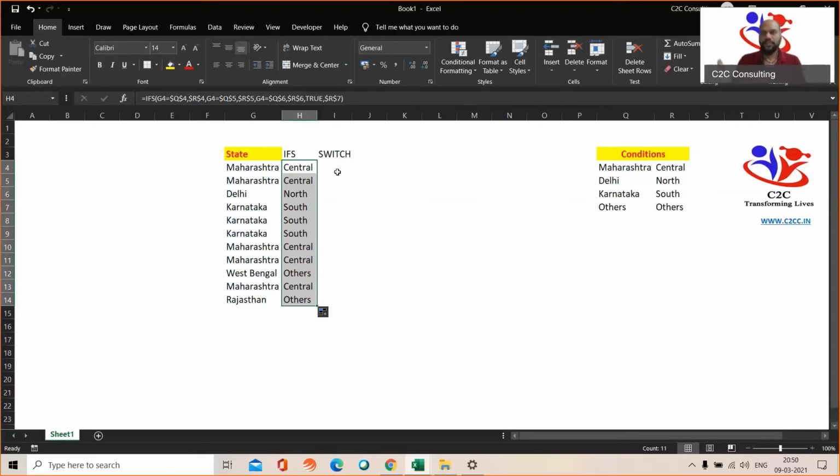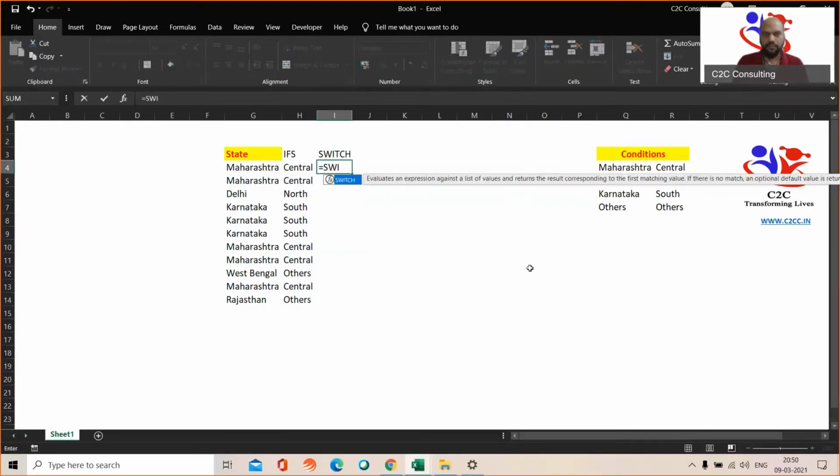Alternatively, if you have a data set like this, you can also try to map from that by using the SWITCH. They work very similarly. So first is my expression, which is primarily the cell that I want to refer from a particular database. So if it matches with Maharashtra, you don't even need to type the if condition, what you were doing by giving an is equal to kind of an operator. You can directly start looking at what is the value, what is the result.